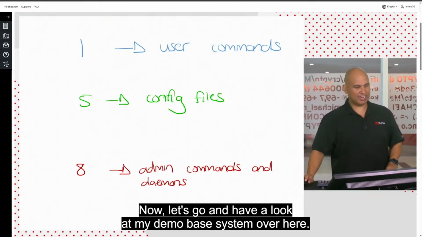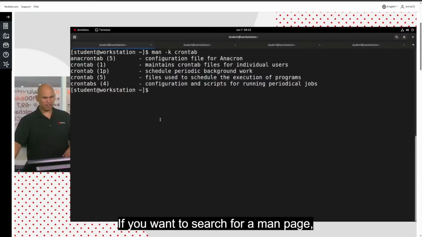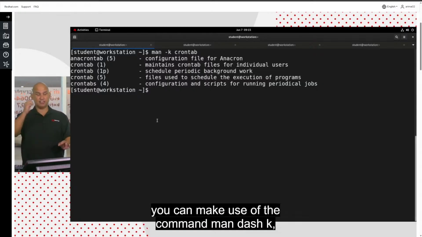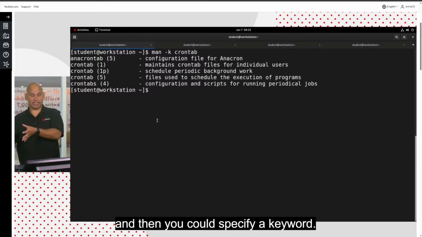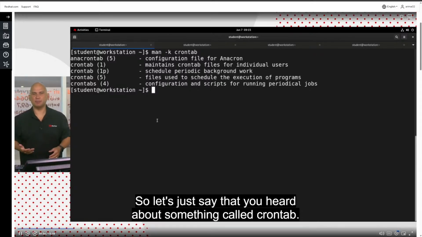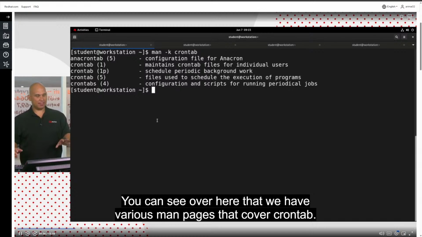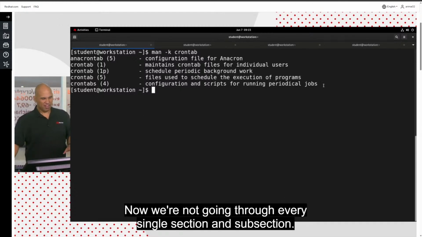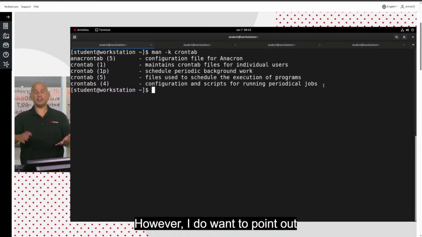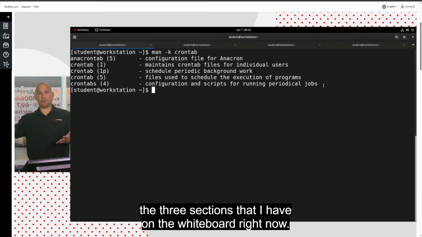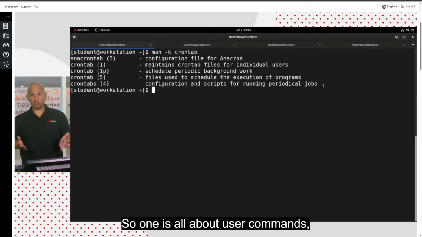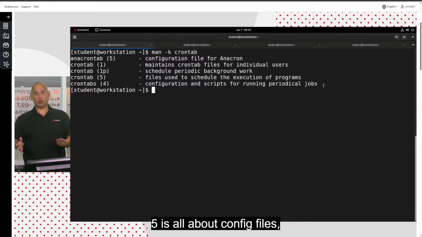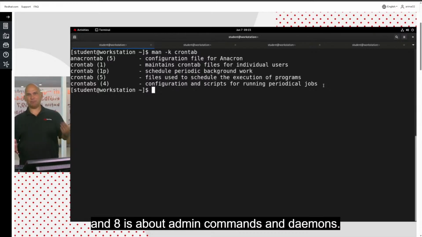Now, let's go and have a look at my demo-based system over here. If you want to search for a man page, you can make use of the command man -k, and then you could specify a keyword. So let's just say that you heard about something called crontab. You can see over here that we have various man pages that cover crontab. Now, we're not going to go through every single section and subsection. However, I do want to point out the 3 sections that I have on the whiteboard right now. So 1 is all about user commands, 5 is all about config files, and 8 is about admin commands and